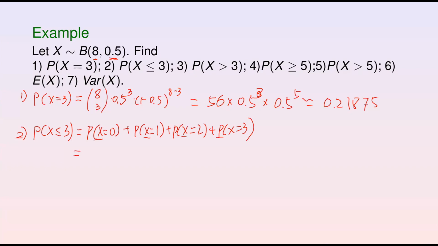So what is the probability for x equals 0? We can plug in 8 choose 0, 0.5 raised to power 0 times 1 minus 0.5 raised to power 8 minus 0. Basically this is the first term, plus